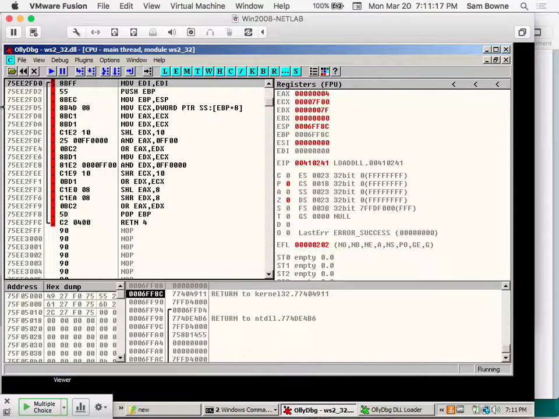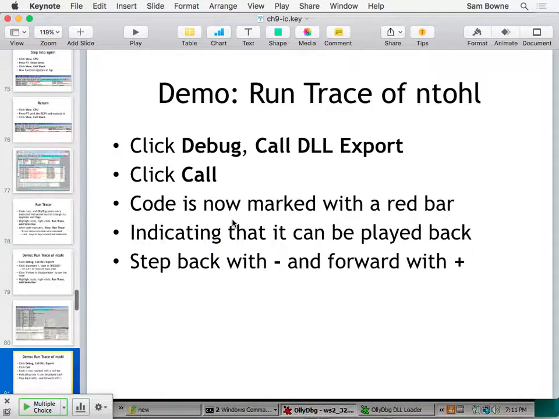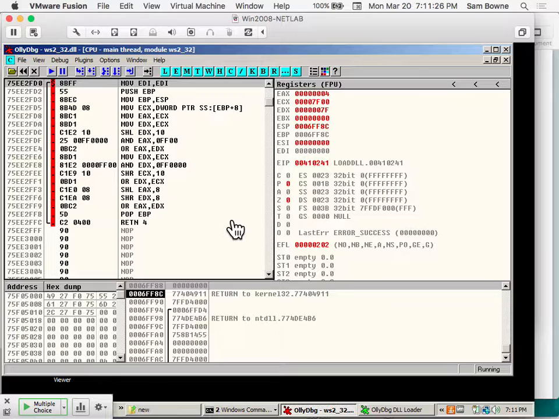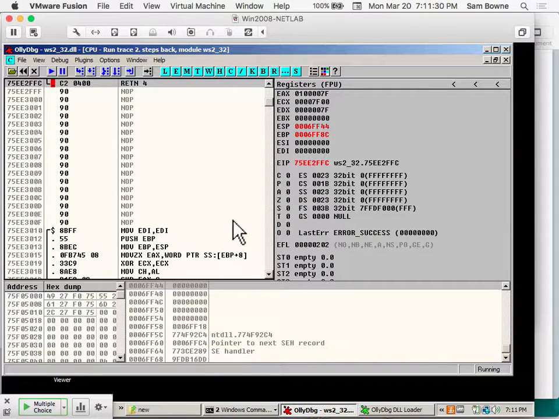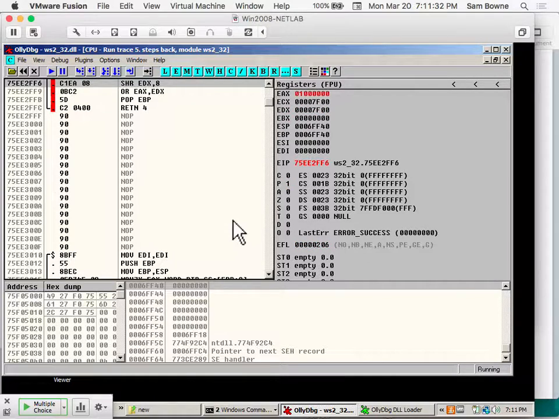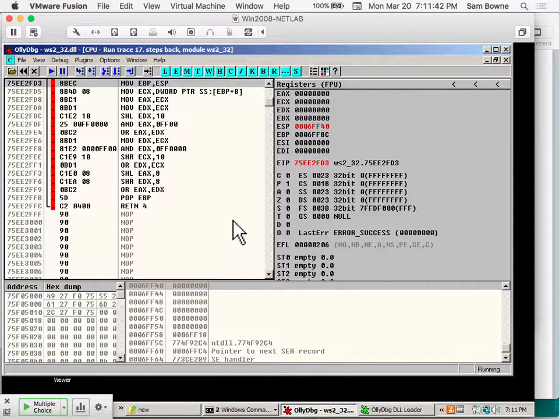Once you have executed the code, that gray bar turns red. And now you can go back. And I think it is just minus to go back. So now if I hit minus, it goes back. Here's the return, here's that and that. And notice over here on the right, all the registers are changing and the red values are things that change. It's undoing these instructions, just like Microsoft Word. You can undo the instructions and then go forward and do them again, which is pretty awesome and expensive, and